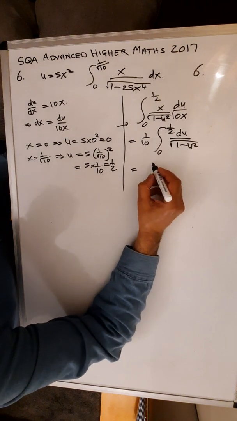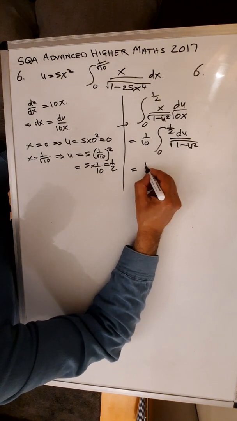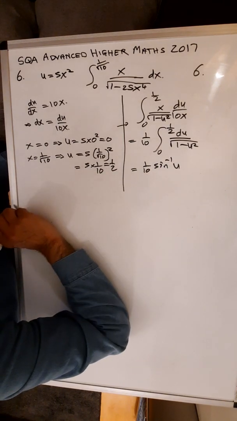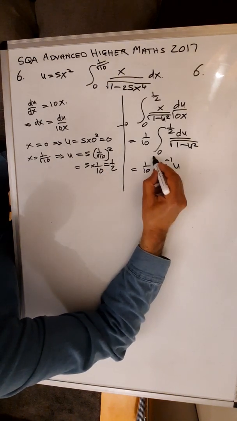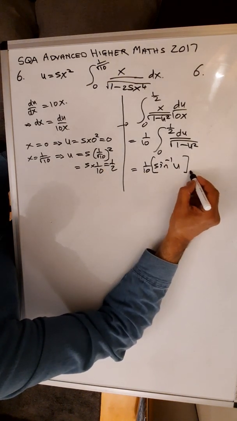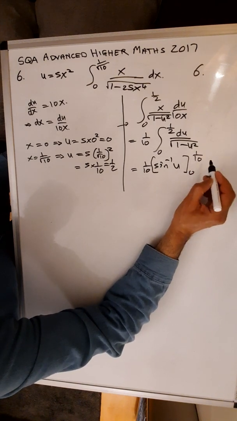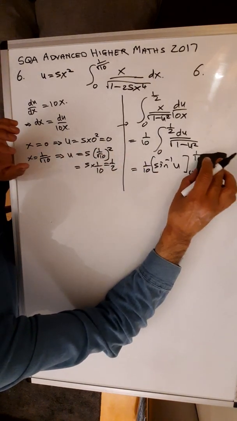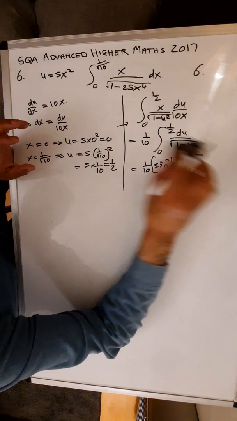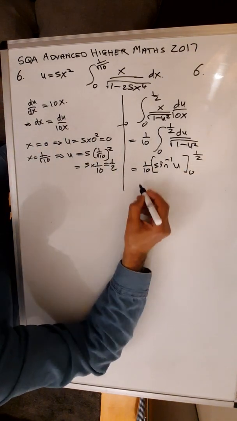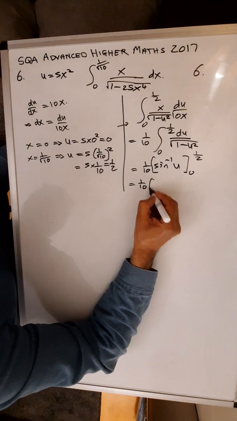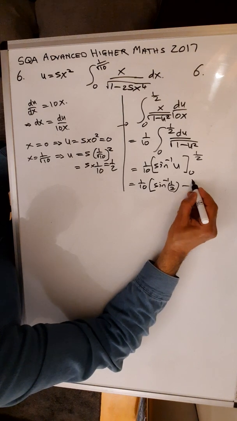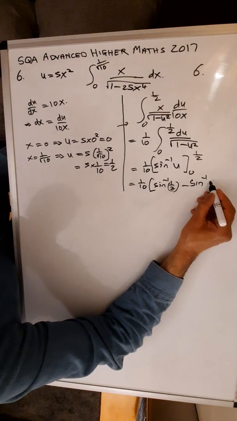So that is equal to 1 over 10 arc sine u, and you're going to find that from 0 to a half. So that is 1 over 10 times arc sine of a half minus arc sine of 0,